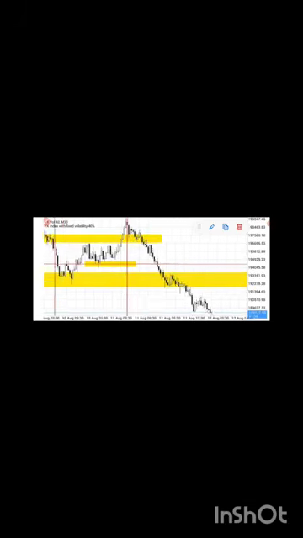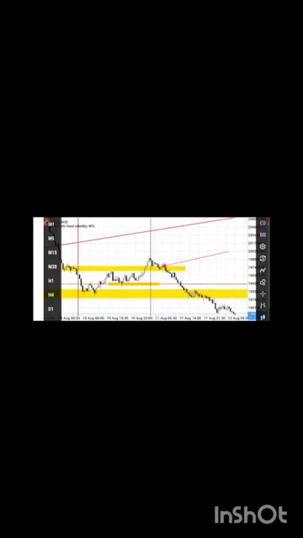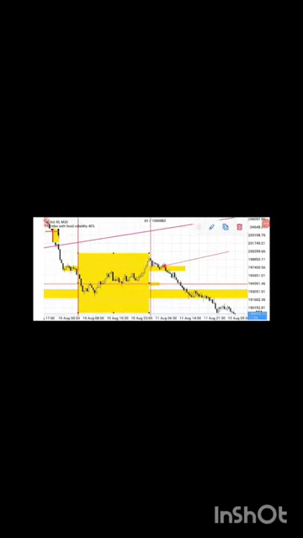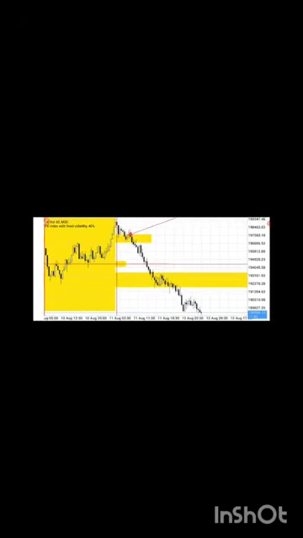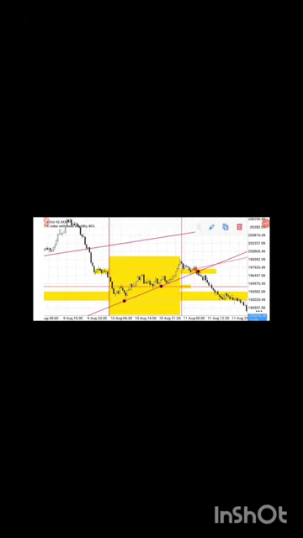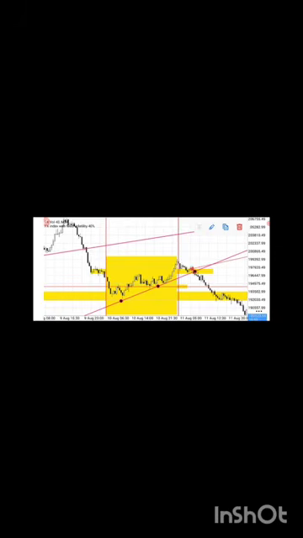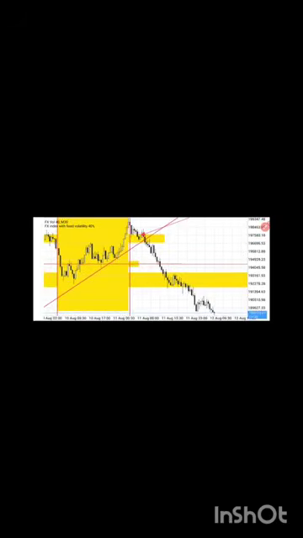So if I am looking for a sell, I wait for the market to leave this buy period. I'll wait for the market to leave this session, which is the buy period. When the market leaves this session, then I will look for a change. I will be sure that this market has changed trend. When I'm sure that the market has changed trend, at least I know that this area was resistance in the past. So if the trend change is correct, at least it has to reverse. So this is a fake breakout here, and then the market reverses. If the market reverses like this, I'm looking for resistances to sell.